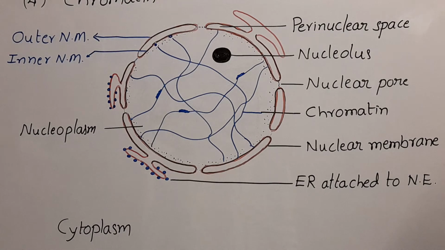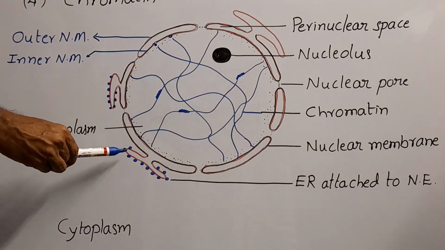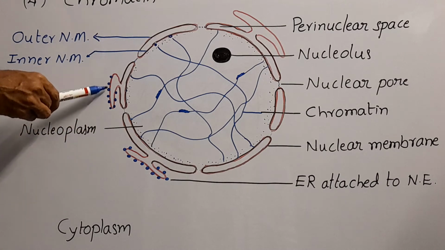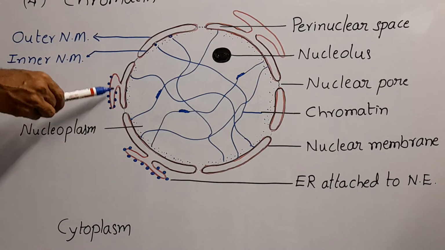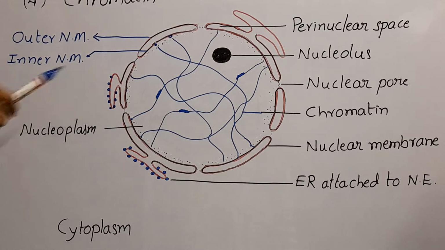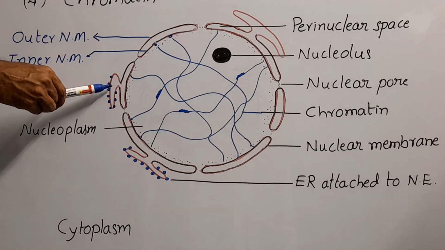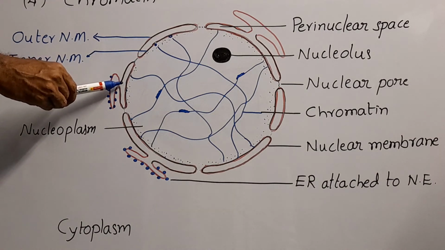The nuclear envelope encloses the nucleoplasm. It is made up of two unit membranes. Each one is 75 angstroms thick. The outer membrane is continuous with the endoplasmic reticulum. On endoplasmic reticulum, some ribosomes are studded. So these ribosomes are involved in the protein synthesis. The proteins synthesized on endoplasmic reticulum are transported to the perinuclear space.